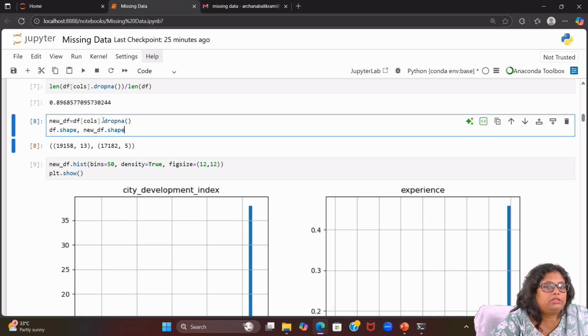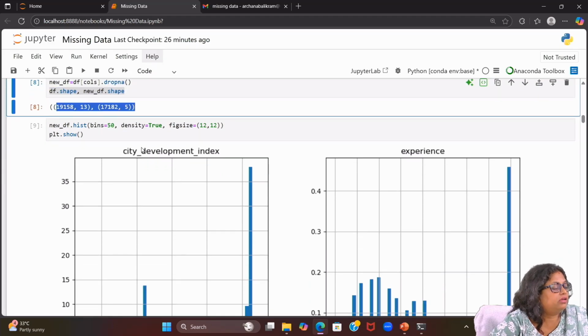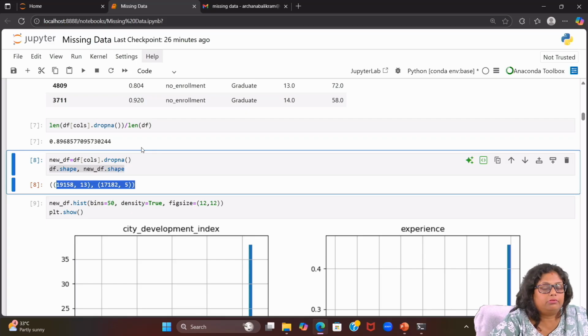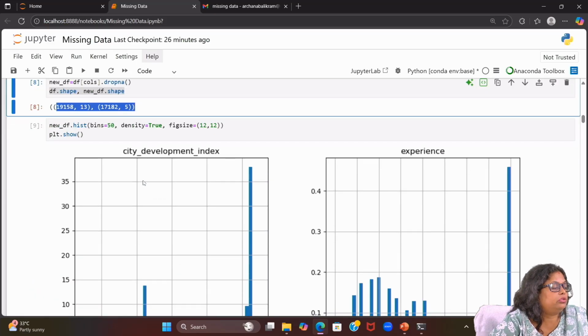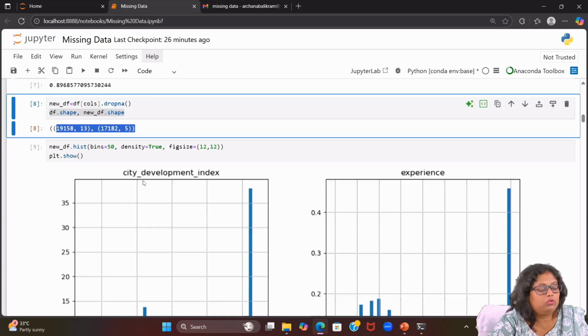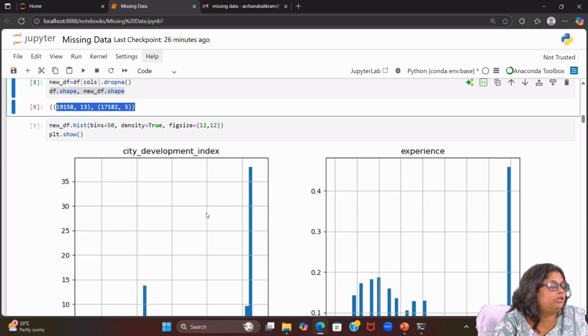Whatever null values were there, through the code we have dropped them. After dropping, these are the values which we do have. Once we have done this, we have no null values in any of the columns. What we simply wanted to check is, whatever operation we have done, we have dropped the rows, so after removing the rows, is the data distribution proper or not. To do this activity, we are only working on the 5 columns, so we are going to see this.